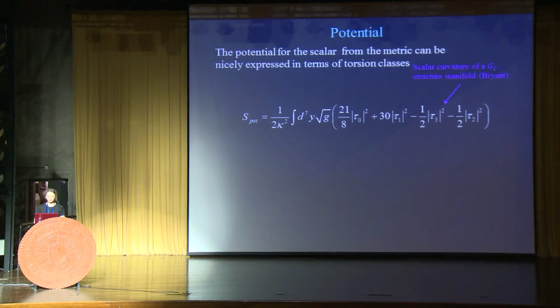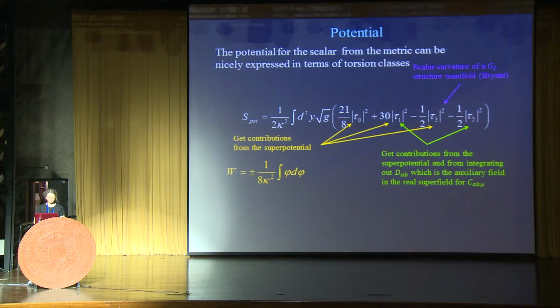Let's talk about the potential. Well, the potential is fun. It turns out that, again, using G2 magic, we can rewrite it in terms of torsion classes. Now, here this is actually a shortcut, and we can be lazy. Namely, this is nothing else than the scalar curvature of a G2 structure space written in terms of torsion classes. And Robert Bryant computed this in a paper for us, so we can just take over the result. And we can compare this with superspace